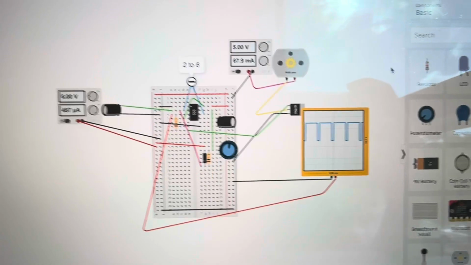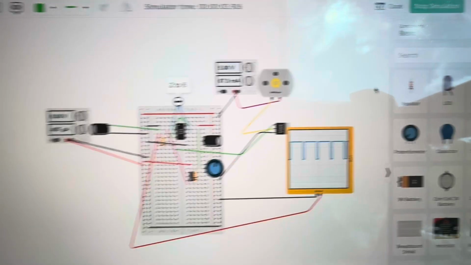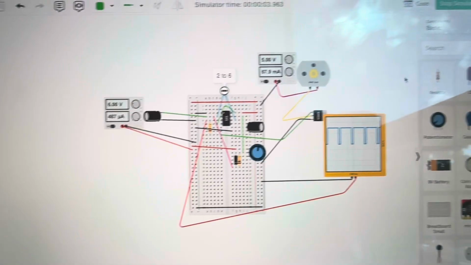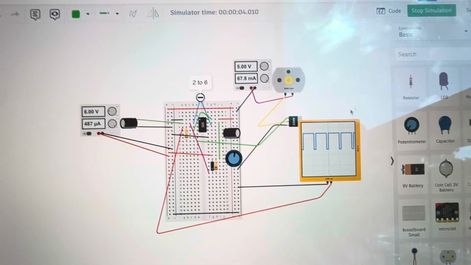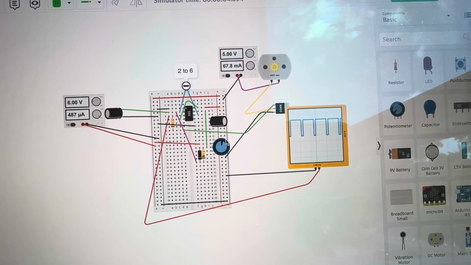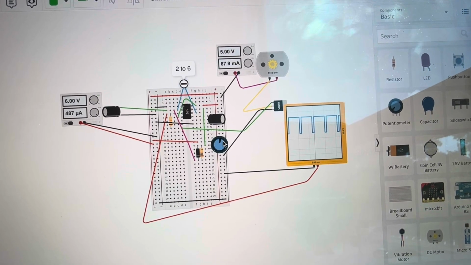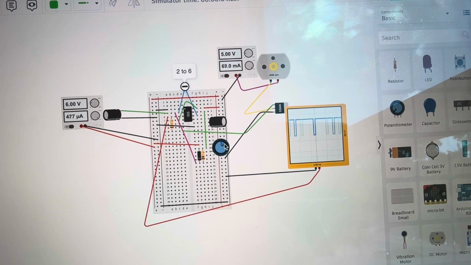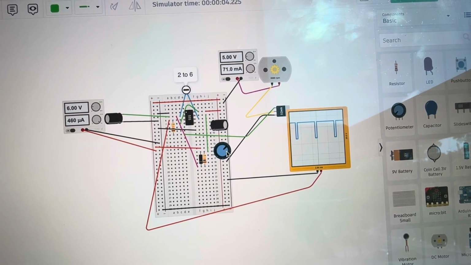This is our TINKERCAD version of our 555 timer / MOSFET control circuit. This circuit is a 555 timer that is used to generate pulses that drive a power MOSFET. A diode is inserted between pins 7 and 6 so charging and discharging of the timing capacitor follow different resistor